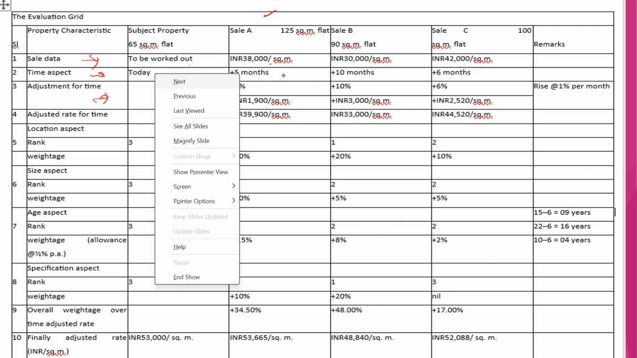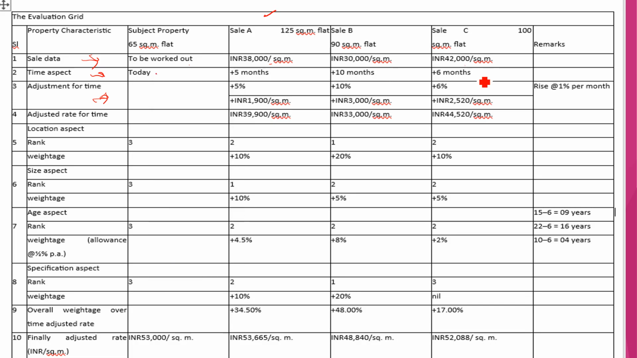A was sold 5 months before, B was sold 10 months before, and C was sold 6 months before. So we assume that land rates are increasing at the rate of 1% per month. So A was sold 5 months before. So